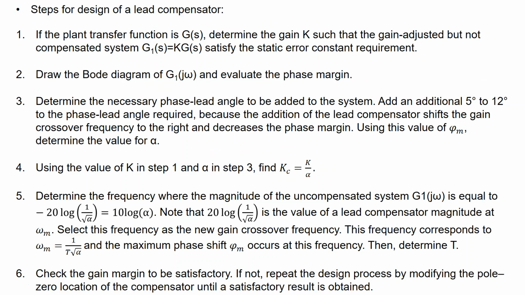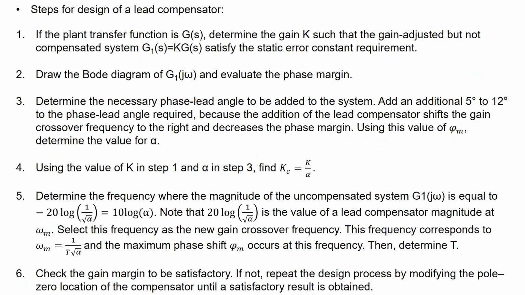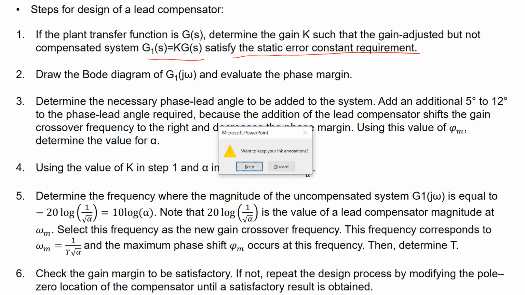So when you want to design a lead compensator, what is it that you do? First, it says if the plant transfer function is G, you determine the gain K, this gain here, such that the new system G1 equal K times G satisfies the static error constant requirement or the steady state error. In other words,